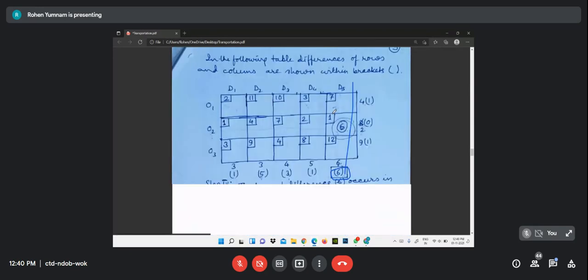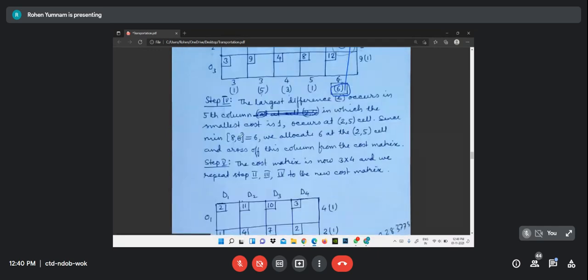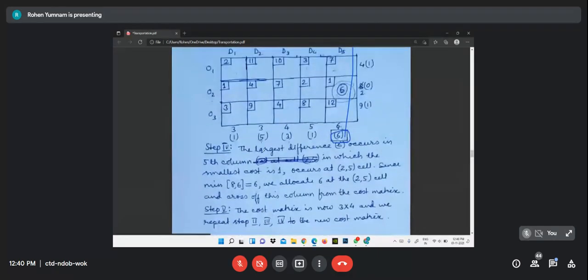It is by mistake. And then see, step 4, the largest difference 6 occurs in the fifth column, in which the smallest cost is 1. Smallest cost, this is 1. It is 6, and it occurs at the 2, 5 cell. 2, 5 cell means second row, fifth column. Since the minimum of 8 and 6 is 6, we allocate 6 at the 2, 5 cell,